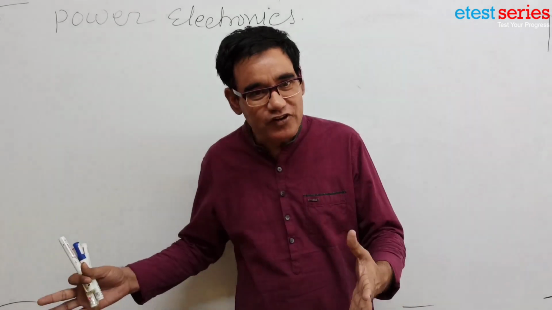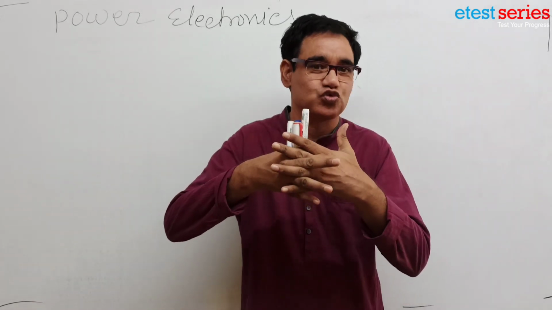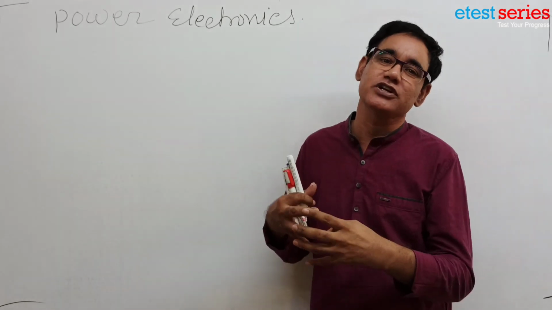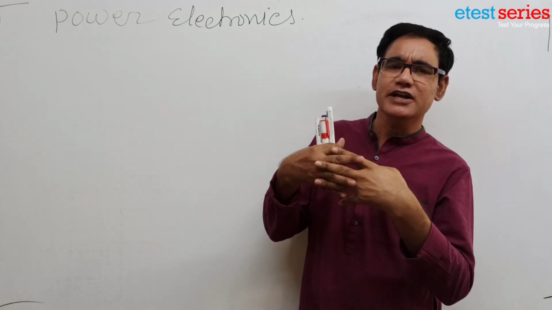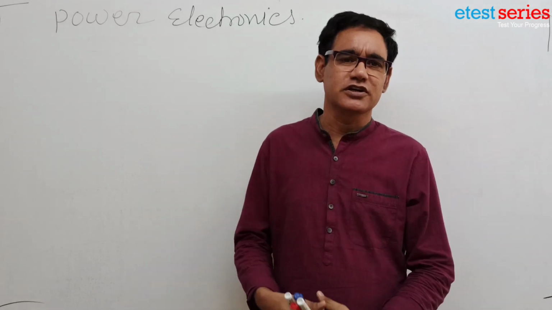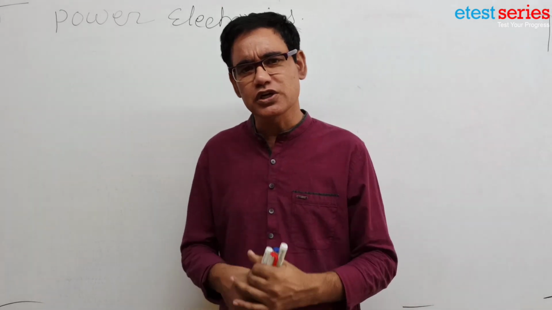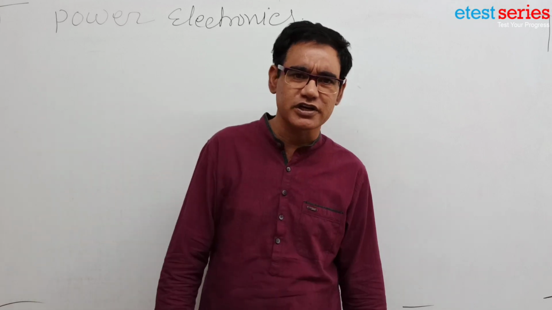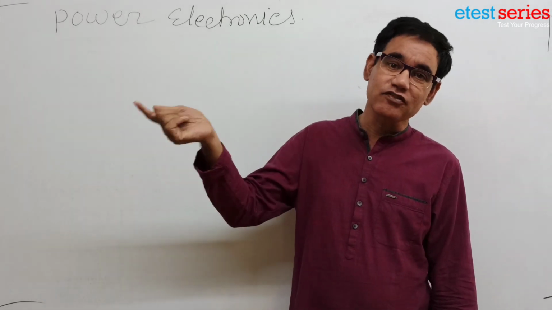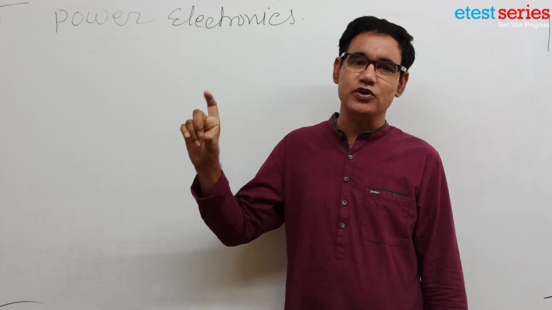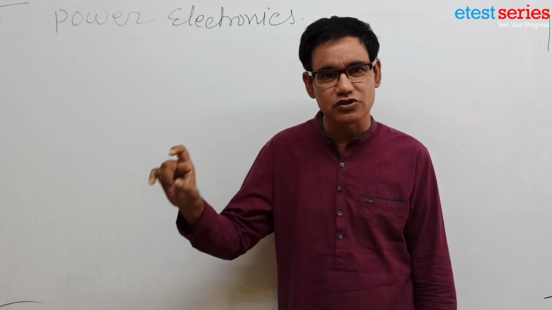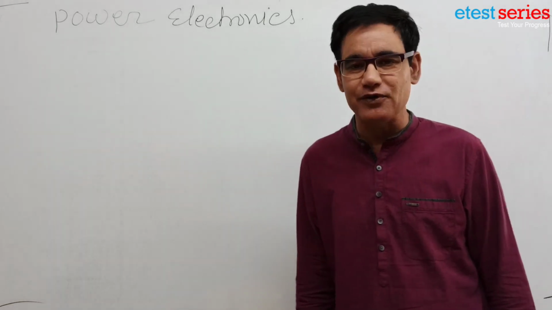Power difference and how we can combine these two. Power will deal with the very higher values and electronics deal with the smaller values. So how we can accommodate these two simultaneously in one circuit? So there are two circuits. In two circuits there is the power in one circuit and another circuit deals with the electronics. So there is a switch that deals with the flow of the power and is controlled by the electronics devices. So the electronically controlled switch is known as power electronic switch that deals with the power.